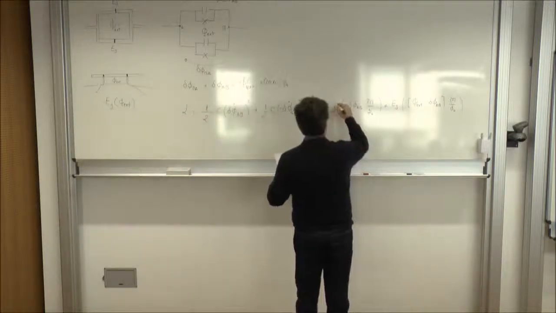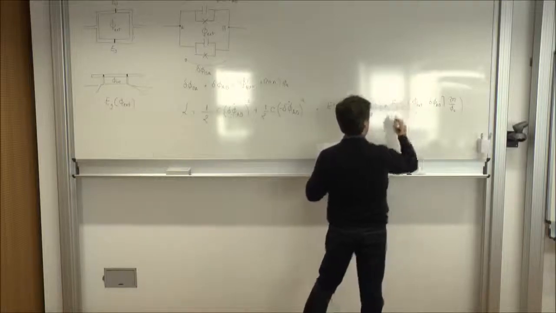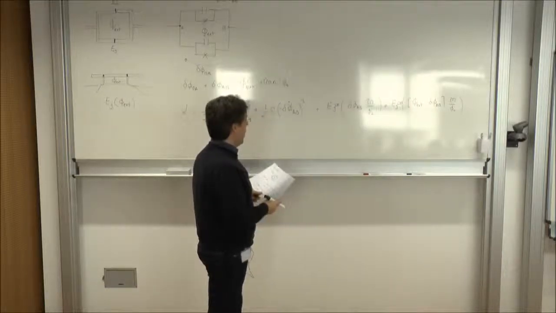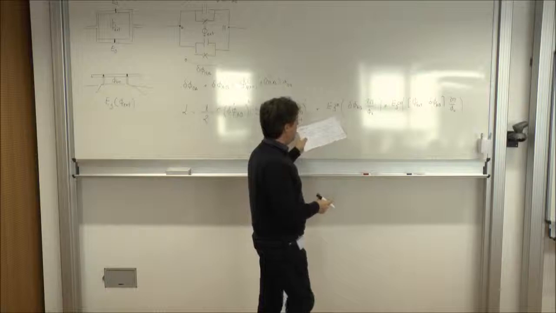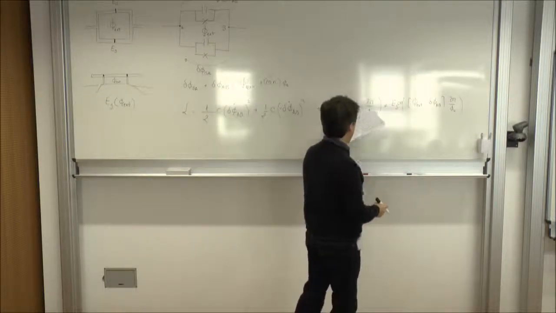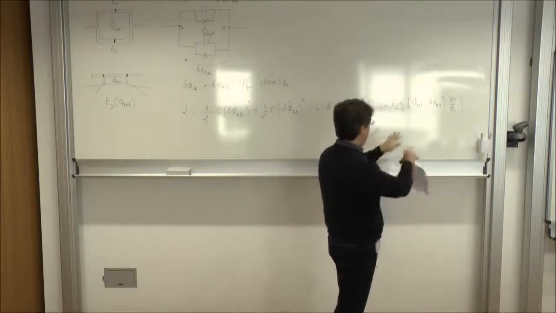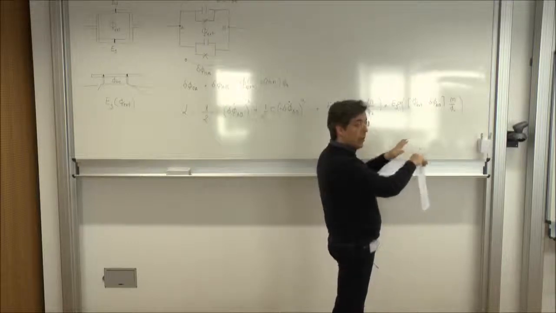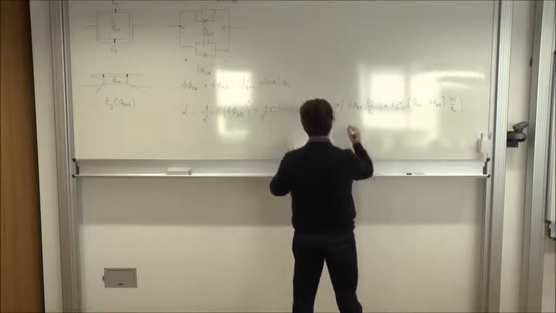And this is a cosine, and this is a cosine. And you see that you have two cosines, and actually they are displaced from each other. Okay? So you can write this,